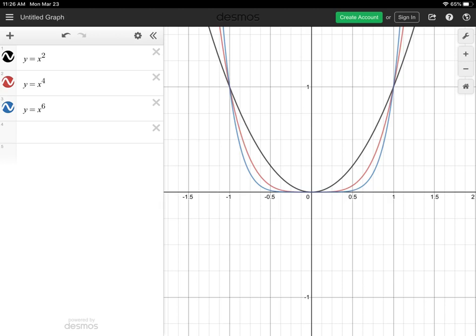So same properties where you're going through the origin, both ends are going in the same direction, and it's a little bit wider, a little bit flatter in the bottom. So you do see some similarities between all of these functions. Some of the similarities that are really plain and simple is that they go through the origin. And they go through the origin, and then the other major quality that is really similar